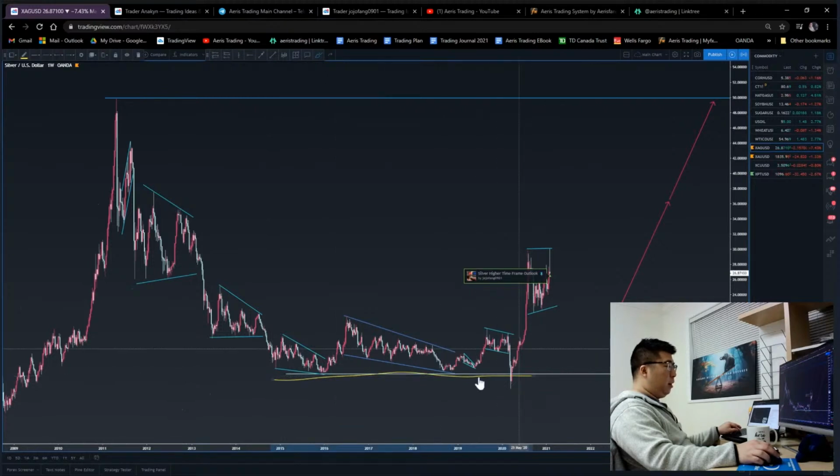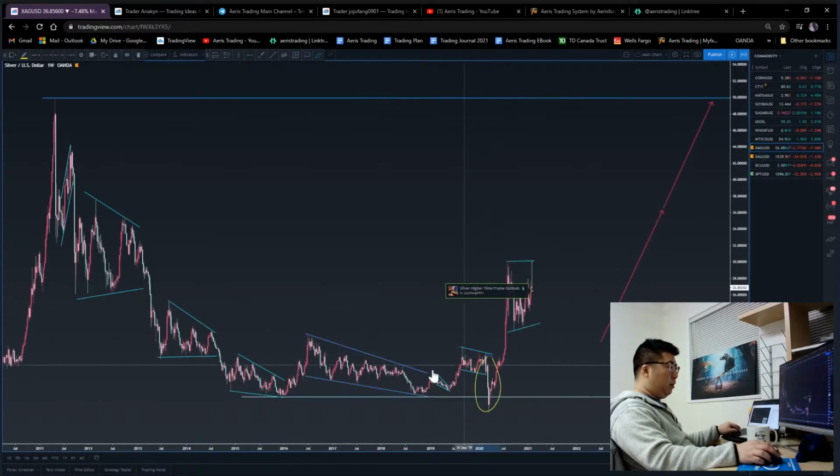We have this bottom out. We do have all these corrections, nevertheless, right? This is a reversal correction. We have a strong impulse. We have a continuation correction right back to the bottom. Impulse, correction, impulse. And then if there was not coronavirus, this correction here looks like it was supposed to be the one that's going to take off. But COVID happened, we see the price drop right back to that previous low again, and then a strong, sharp impulse to the upside, right? So this leads me to believe that if there is a continuation correction here,